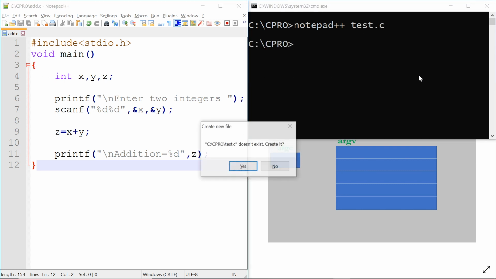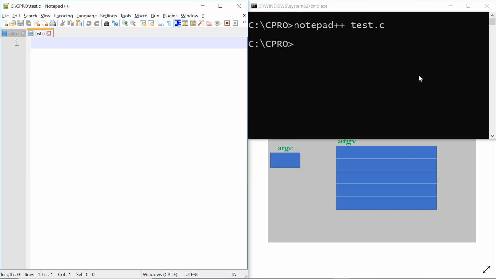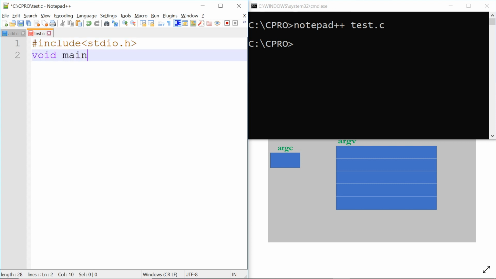test.c, and here I will type #include <stdio.h>, void main, int argc, comma, char star argv array, and then we will simply print all the command line arguments.